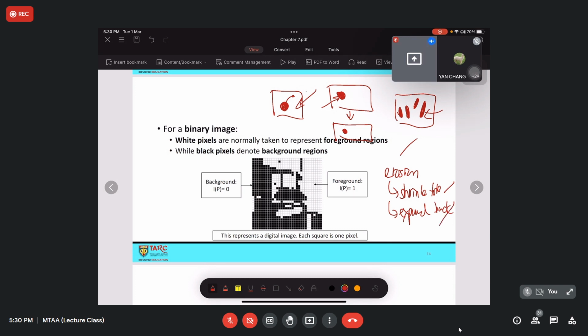But you are actually expanding the background, because the background area is being expanded. Why? Because it takes up all the surrounding pixels here, which were originally occupied by the object of interest. Can you get what I'm trying to say? So that is why it's important for you to know which one is foreground, which one is background.